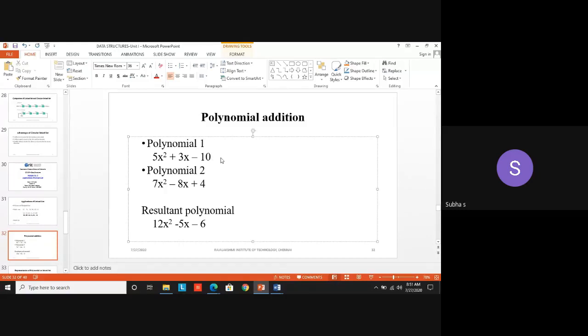So you can mention it simply as 10, because anything power 0 is 1. 1 into 10, 10. Similarly, for 4, assume that it's 4x power 0, because you should not stop with 3x only. You have to add it till the end. So both the powers are equal. Minus 10 plus 4, you are getting the answer minus 4.